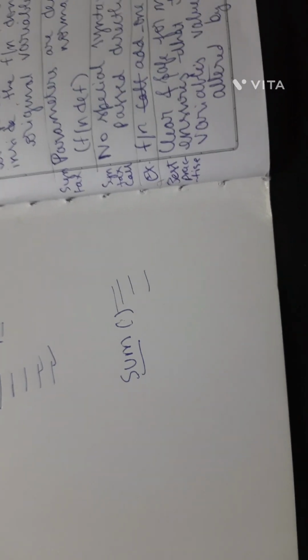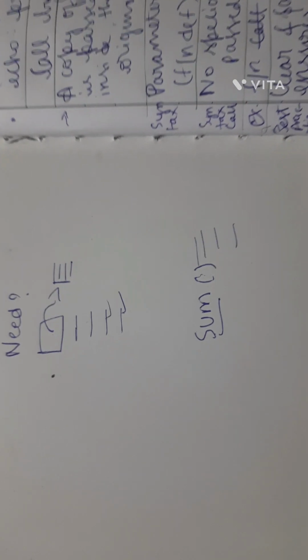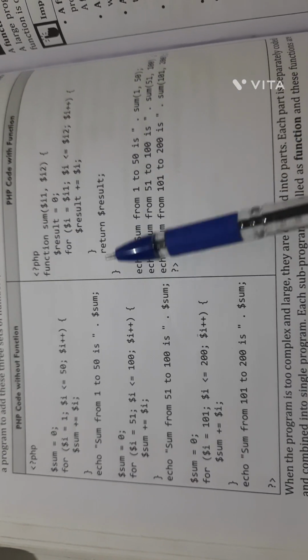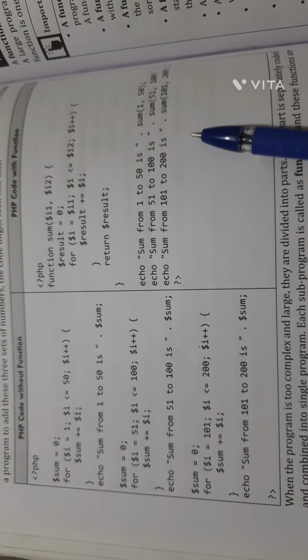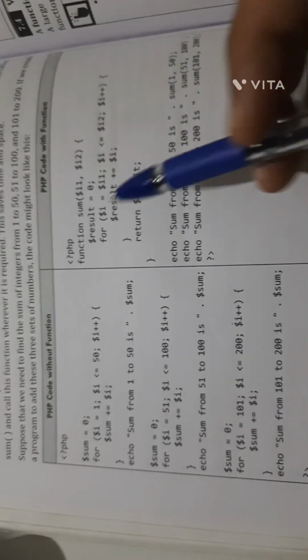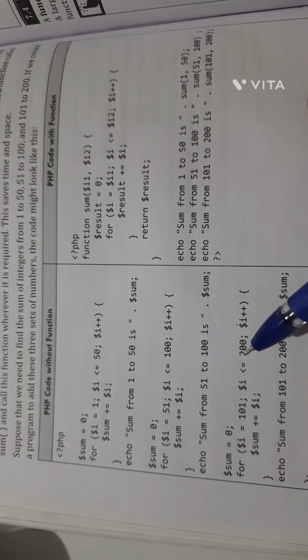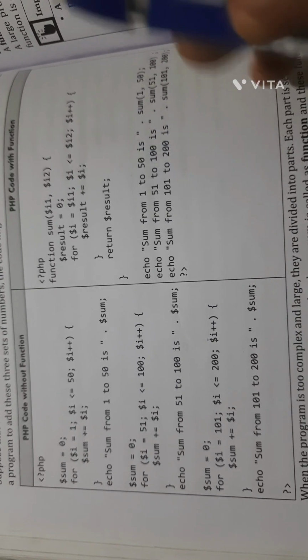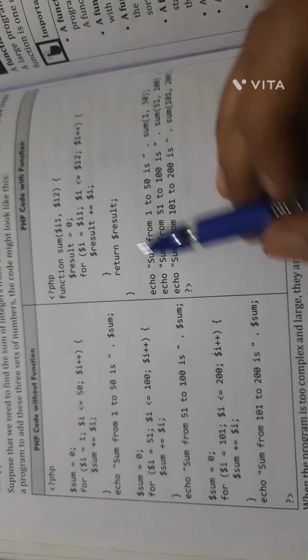So let's take an example program and see how it works. So here is an example of it where you can see the difference between the PHP code without the function and the PHP code with the function. So here for adding two numbers, we are writing the code again and again in the without function code, but here with function code it enhances the readability and it is also useful for faster development. It also reduces the